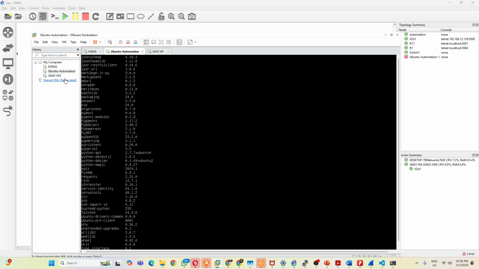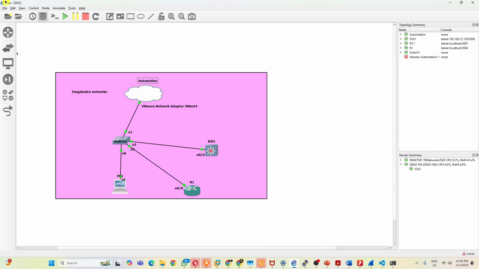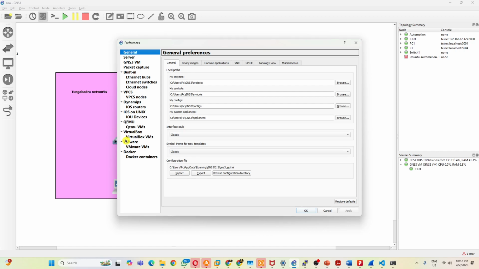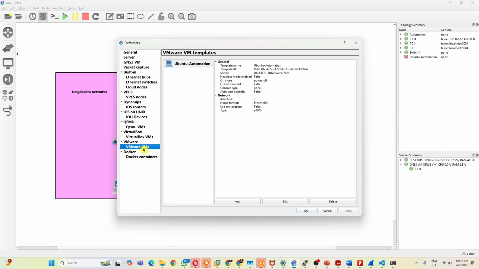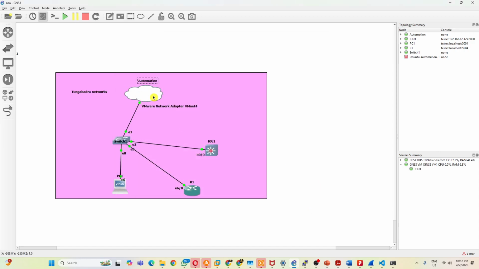you need to install GNS3 VM as well. Once it is done, you need to go to GNS3 and go to the preferences, and add that Ubuntu server, the automation server, in your GNS3. Here you need to add it. Once it is done, this is a cloud platform, so you need to drag and drop the cloud and connect it with the interface which you configured in the Ubuntu server. Just connect it. So this is the same network,